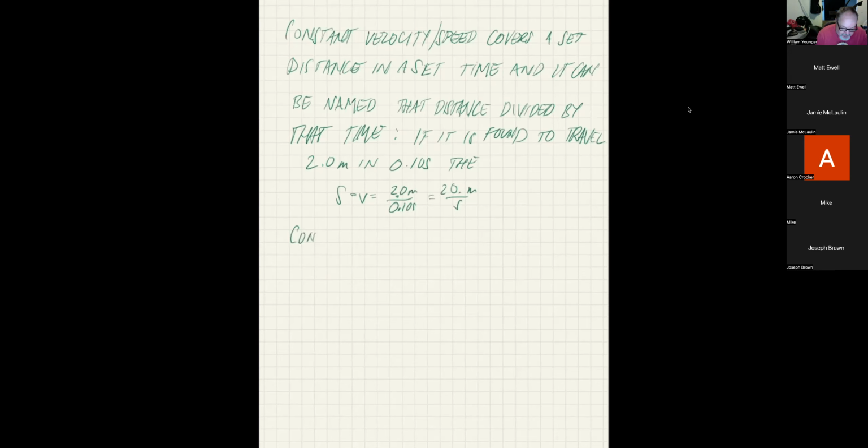Constant acceleration, on the other hand, changes the speed by a set amount each chosen time interval. So for instance,